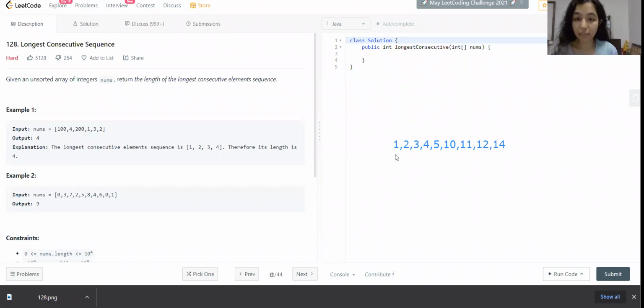What we have to count is the longest consecutive sequence, together or not together, overall in the array which might be present. So here, as we can see, we have a consecutive sequence, which is 1, 2, 3, 4, 5, and the max length is 5.